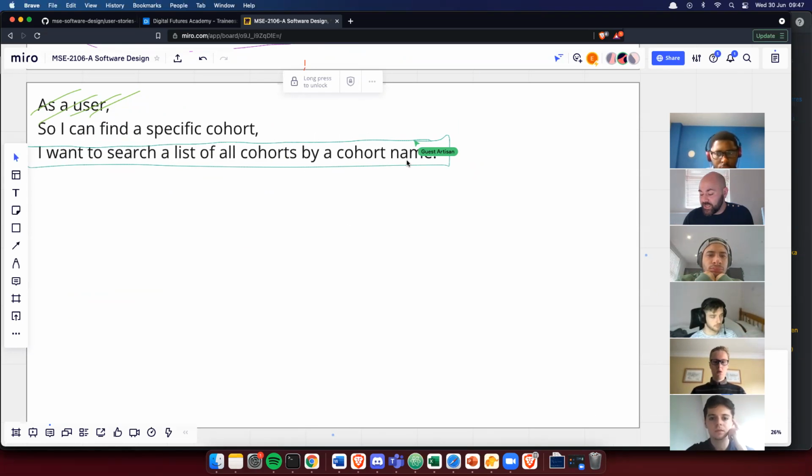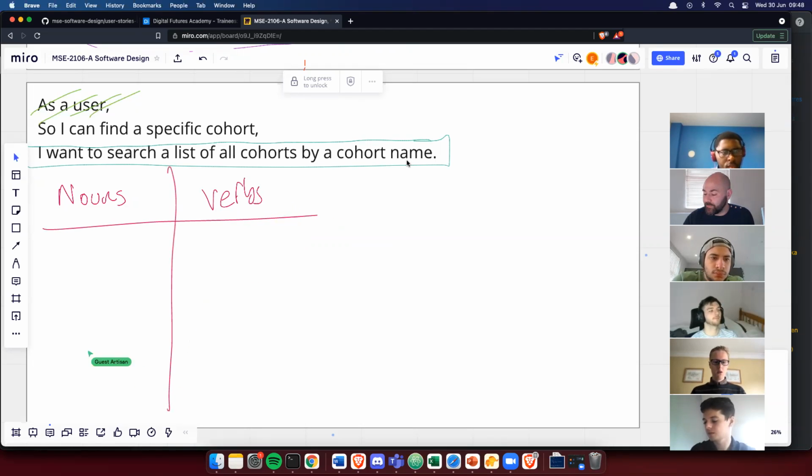So what information is here? Well, if we try and think about what are the objects in here, or actually before we do that, let's do nouns and verbs, and you'll see that there's a correlation between objects and messages. So some things that jump out here, if you list them all, will be